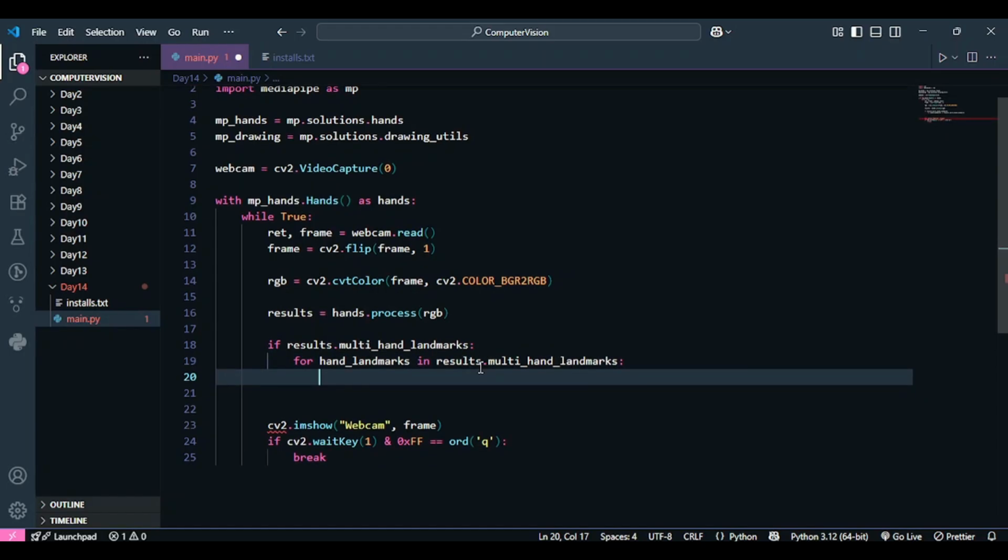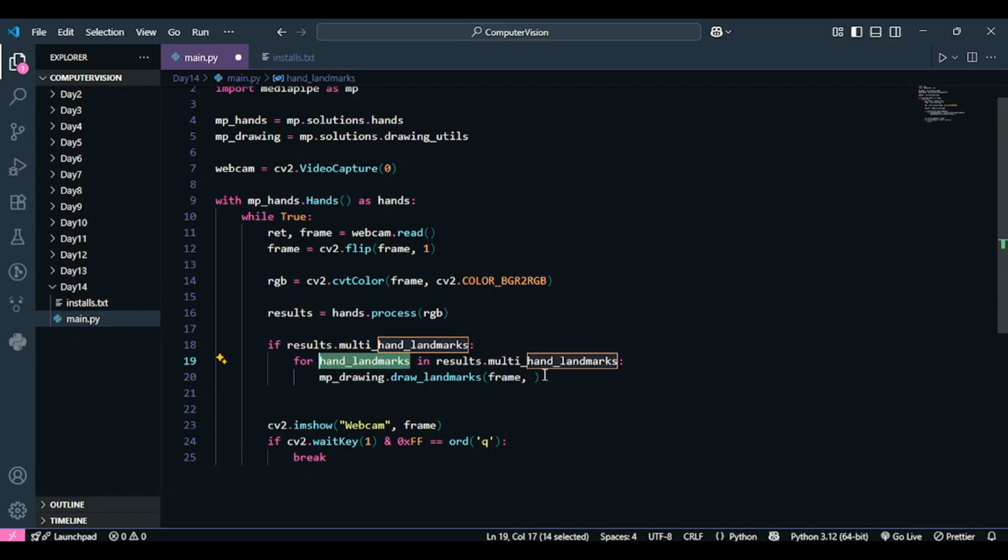Okay, and now I'm going to draw those hand landmarks. I'm going to use my mp_drawing over here, and call a function to draw my landmarks on my image, on my frame. So I'm going to call draw_landmarks. This is the function name. Over here I have to pass the frame on which I want to draw, the image on which I want to draw, so it's called frame over here. Then I have to tell it the landmarks. My landmarks are represented by this variable over here, right?